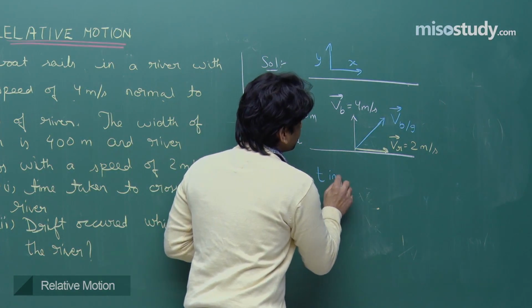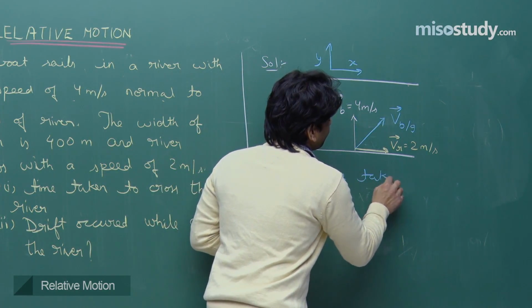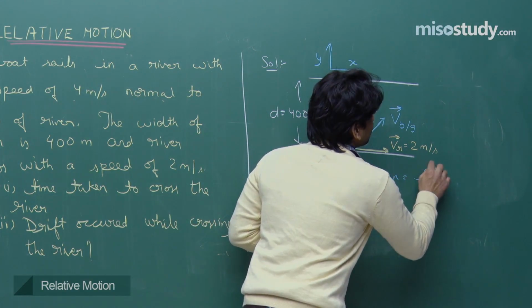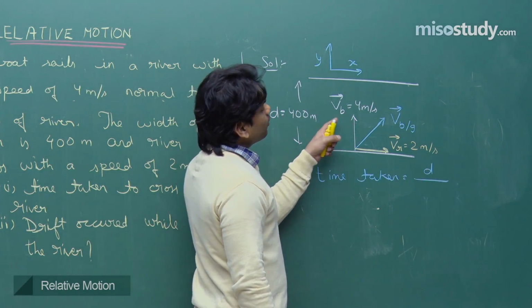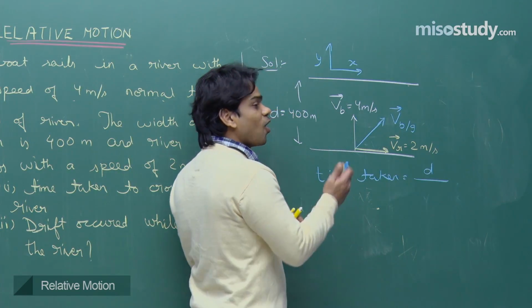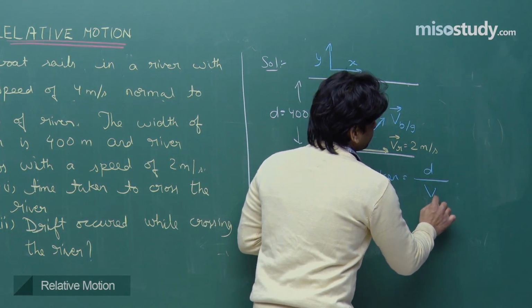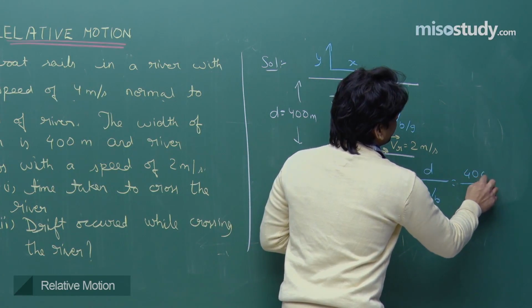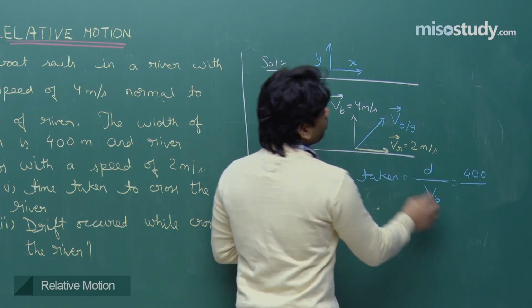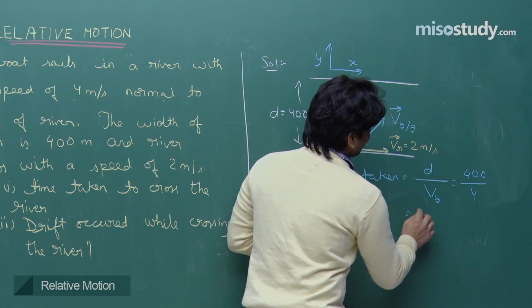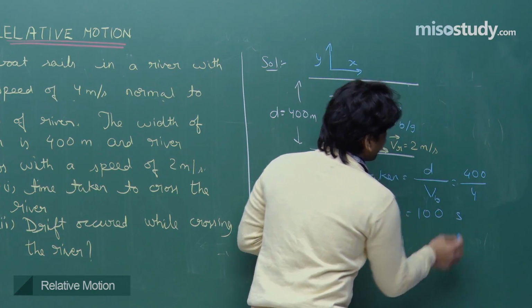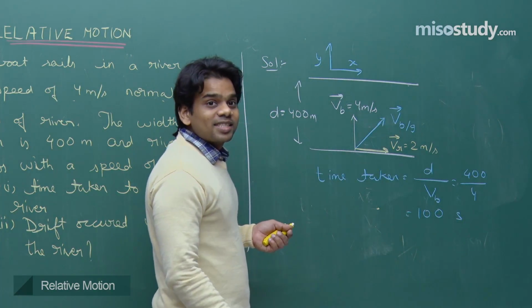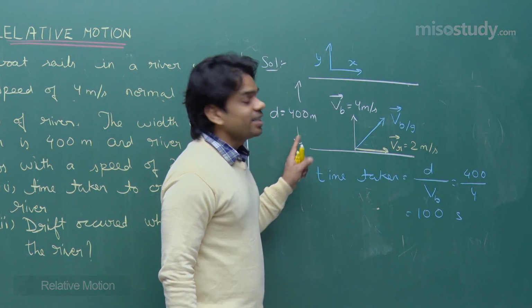Time taken will be simply width, as I have taught you, that is d, divided by the velocity along the y direction, that will be VB. So width is given as 400 and VB is equal to 4 meters per second. So you will get 100 seconds as the time taken to cross the river. Second, what is the